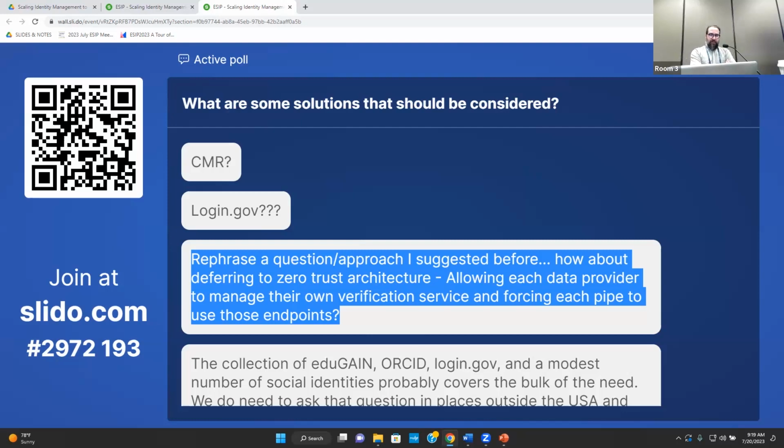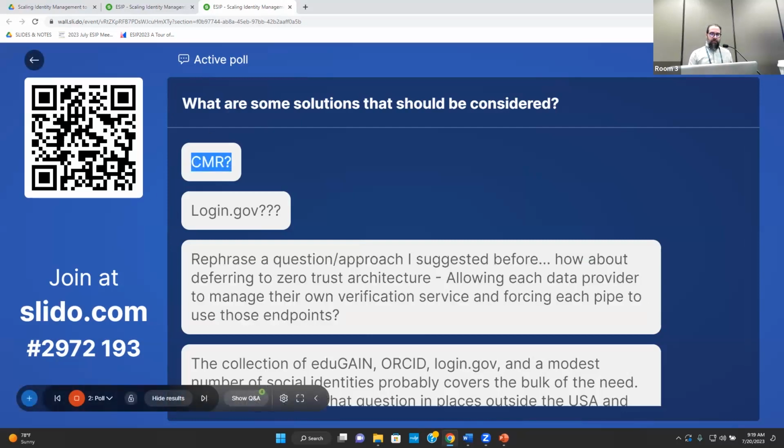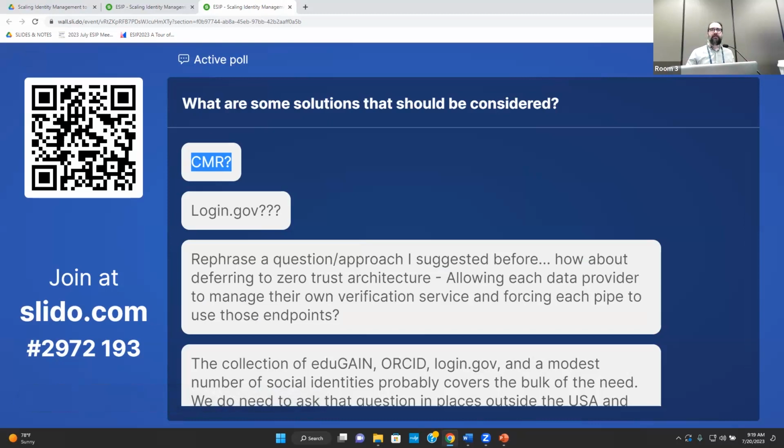I'm assuming this was a question on the acronym CMR, the NASA Earth Science Common Metadata Repository, where individuals are able to search and find the data sets that they're looking for, unless this was a suggestion of a potential solution to our identity management problem, which honestly would be interesting. You don't want to take this on, right? Any other thoughts about solutions that we might be considering, or out of the box